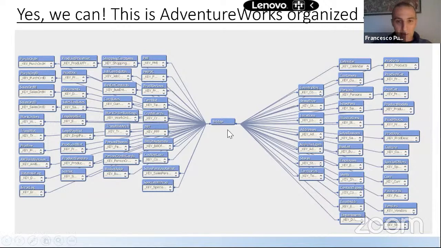So basically this table in the middle is the heart of a star schema where you do not have anymore the limitation of facts and dimensions. Basically, there is no distinction. A table is just a table. Numbers can be in any table. Measures, like numbers that you use for aggregation and show in your reports, can be in any table. They can be here, here, here, here. They can be anywhere.